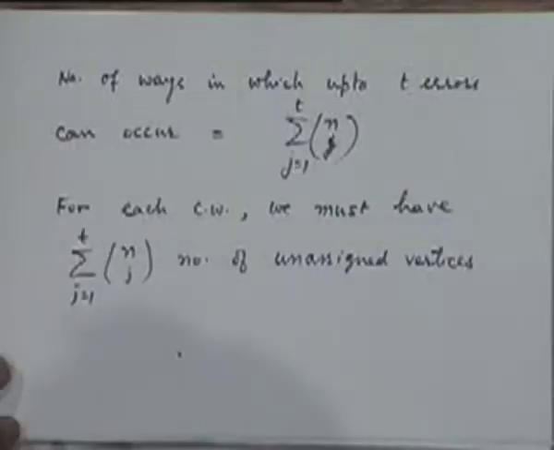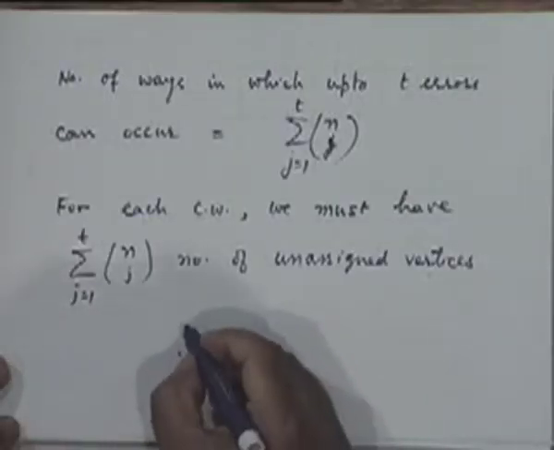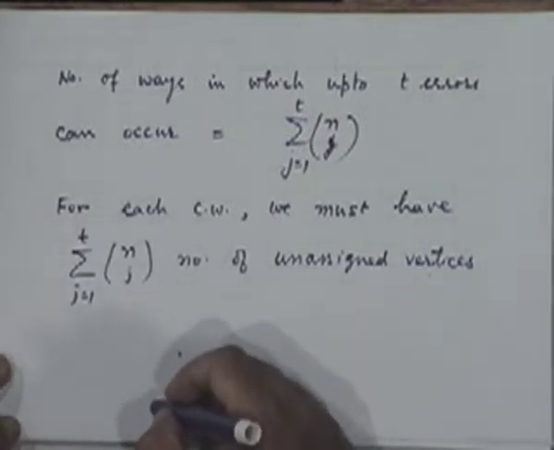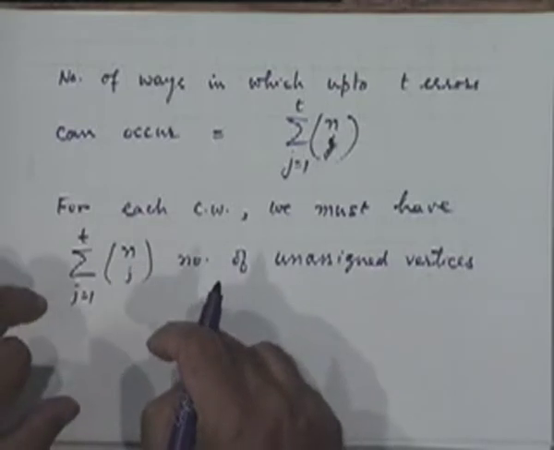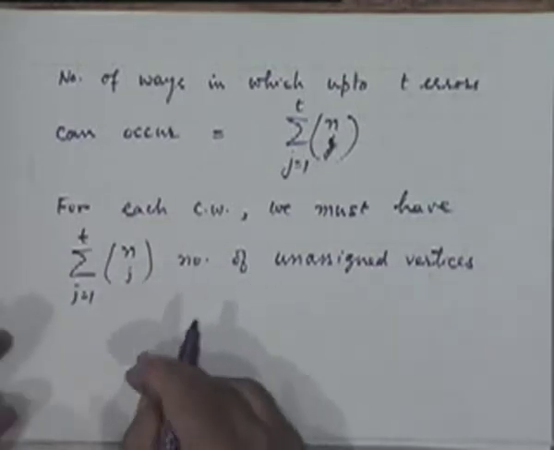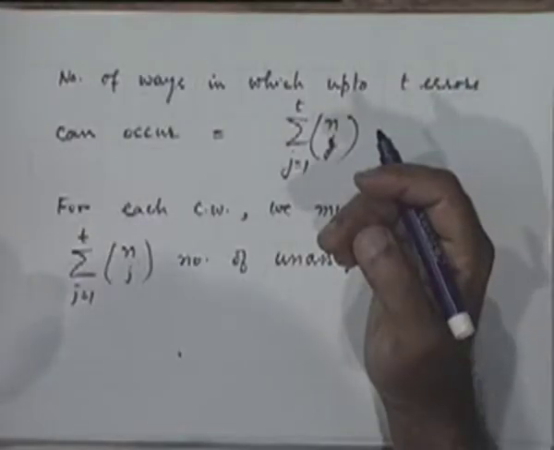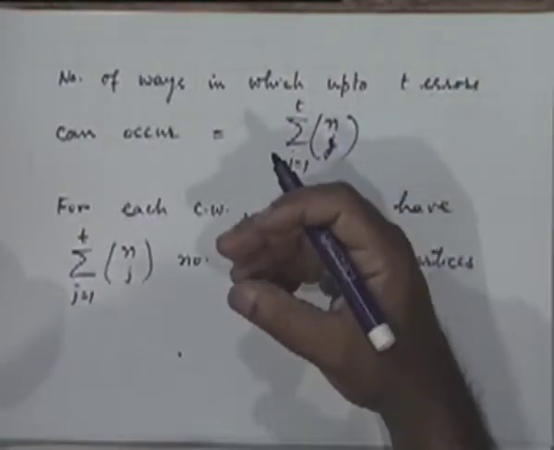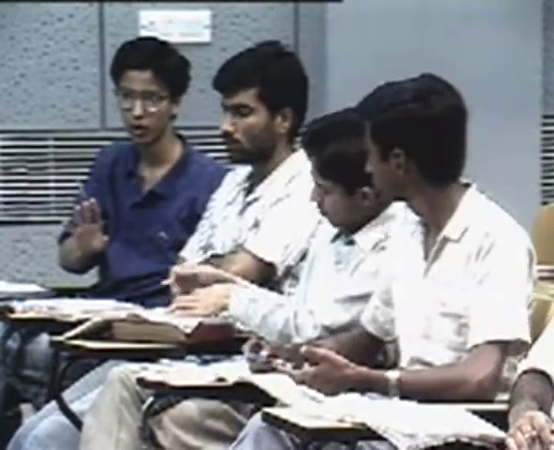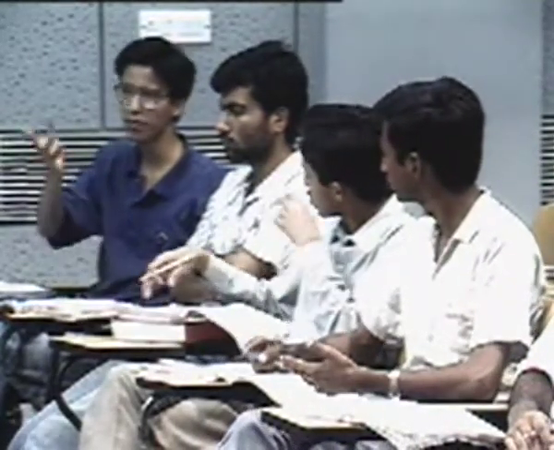Let me draw a picture. We have a center. We have all kinds of sequence vertices in the neighborhood, right? Those which are at distance unity, that is, they differ from it only in 1 bit. Those which differ from it in 2 bits. Those which differ from it in 3 bits, right? All I'm saying is if j equal to 1, that means there are n different sequences which differ from it in one place.